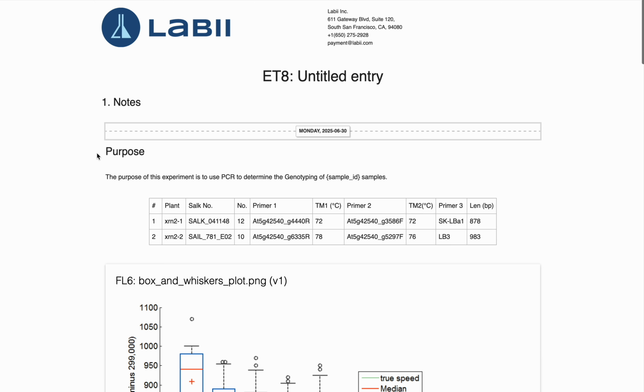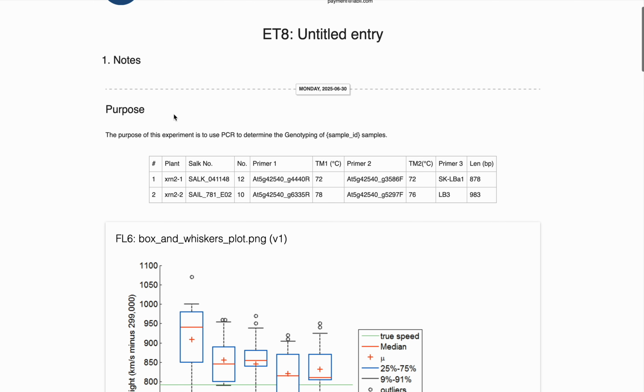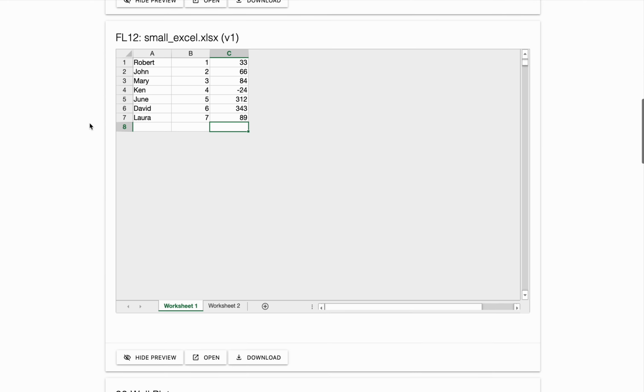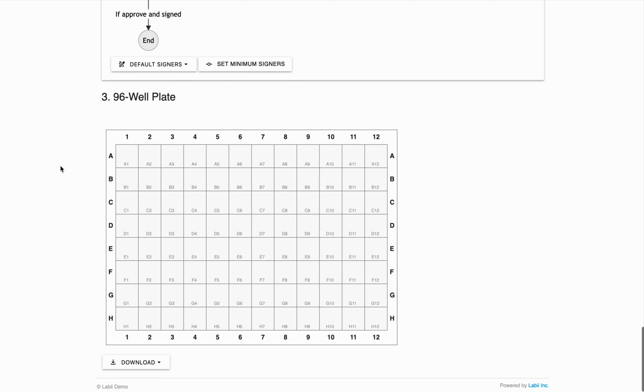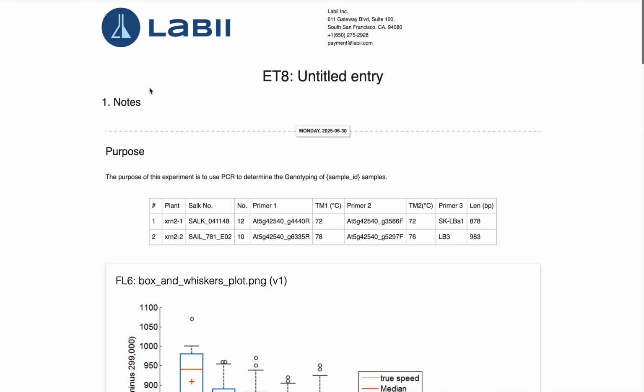It gives you a new interface. This is more like a finalized interface you should be able to see, with all the data you inserted into the notebook, including the overview and different details, as you see from here. Yeah, so that's basically